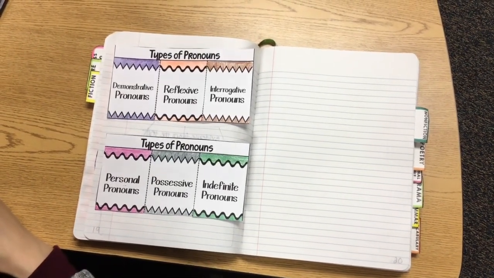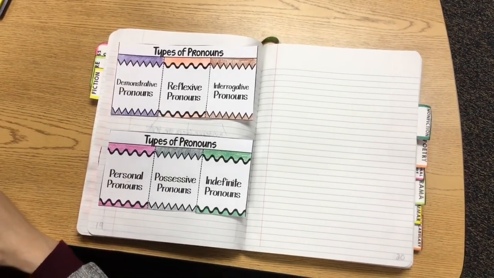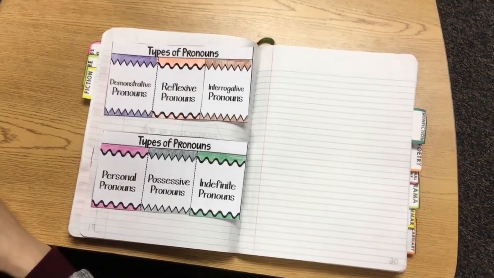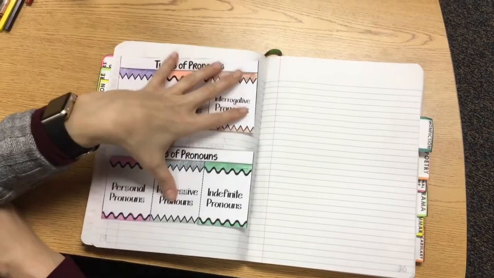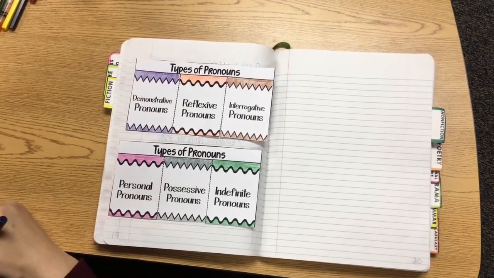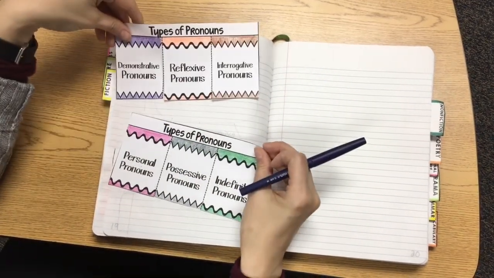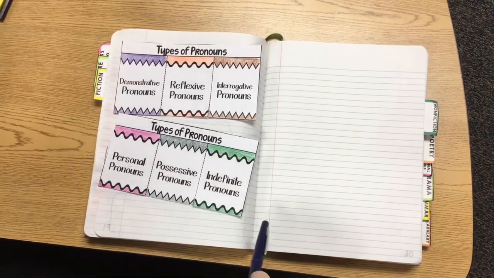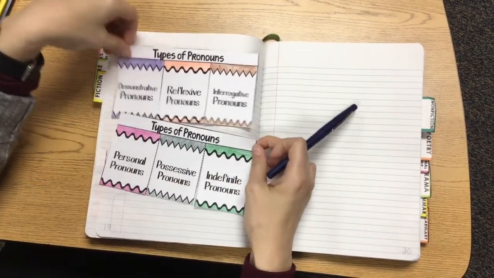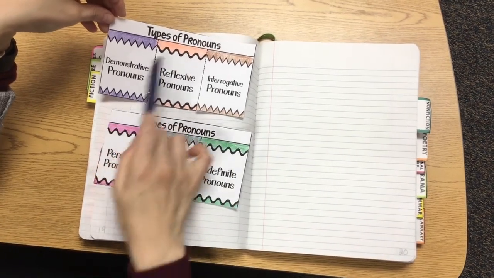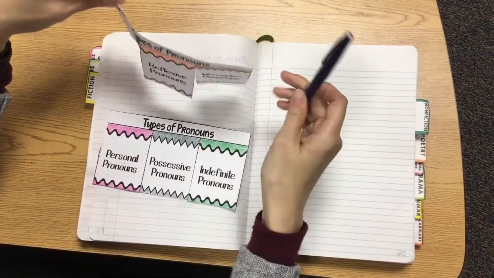So today we're going to be making several pages that are all related to pronouns, and pronouns are the way we identify point of view in literature. So we're just going to do a quick page with the 6 main types of pronouns. When you color this page, each of these can be a different color. It doesn't really matter, you choose, but take a minute, 90 seconds to color the 6 different ones and then